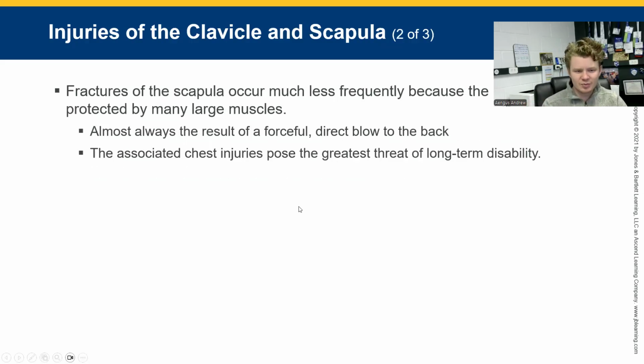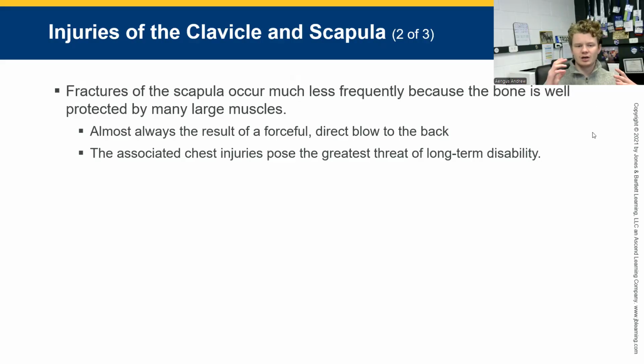Injuries of the scapula. This is a big bone. I wish there was a picture on here, but it's a big triangular-ish shaped bone in our back and covered in big muscles of our back. So not a super common fracture that we see. Another one that's difficult to differentiate in the field between, is this a fracture of the scapula? Because it's probably not going to have a lot of deformity with all those muscles holding it in place. So difficult to differentiate. Is this a fracture of the scapula? Is this just really bad, high mechanism of injury to the back that's caused this bruising that brings all this